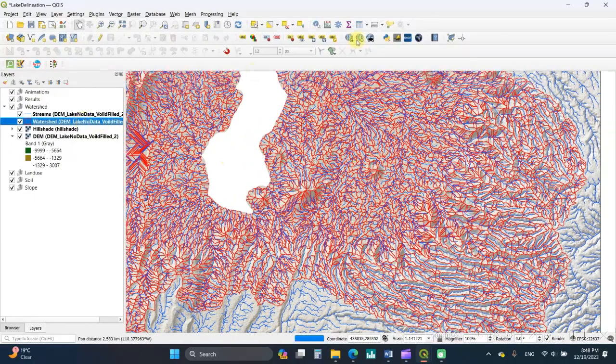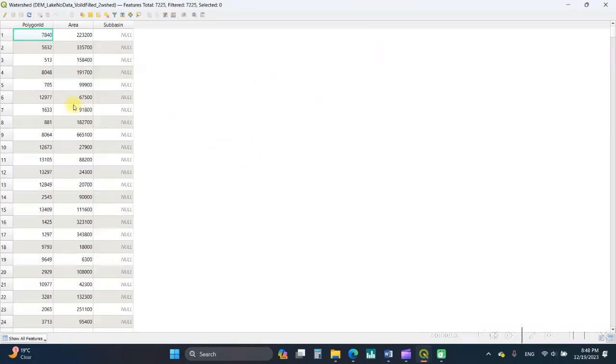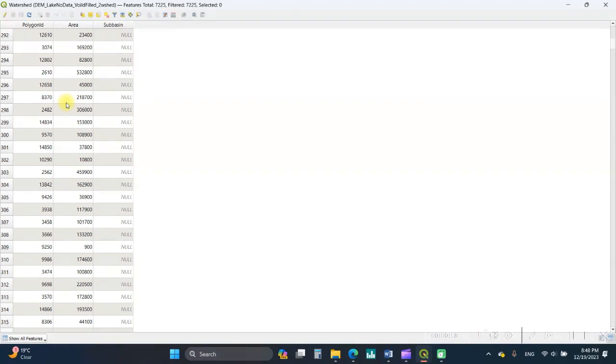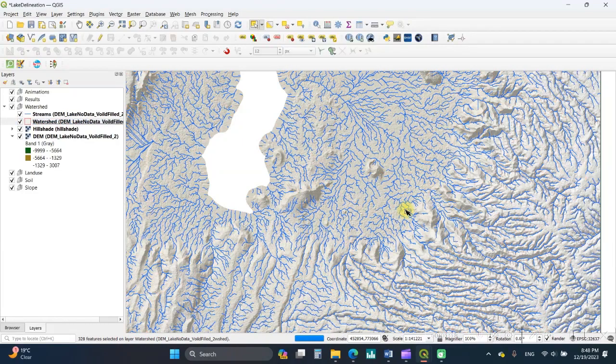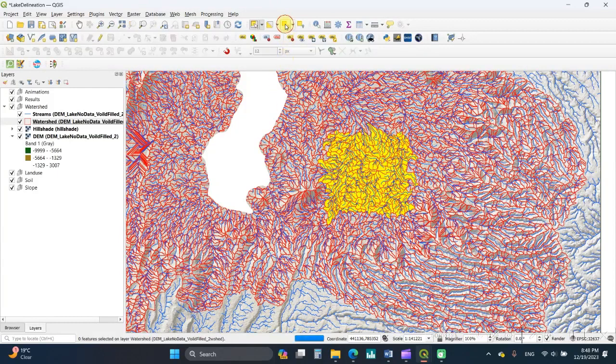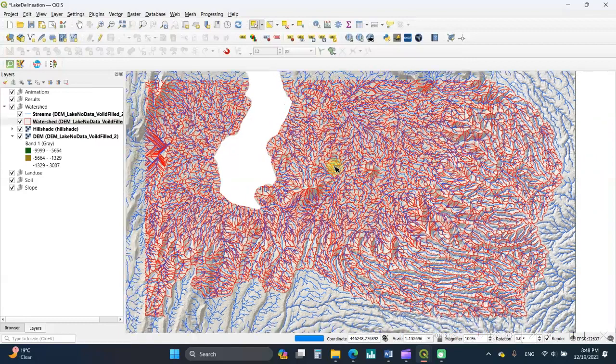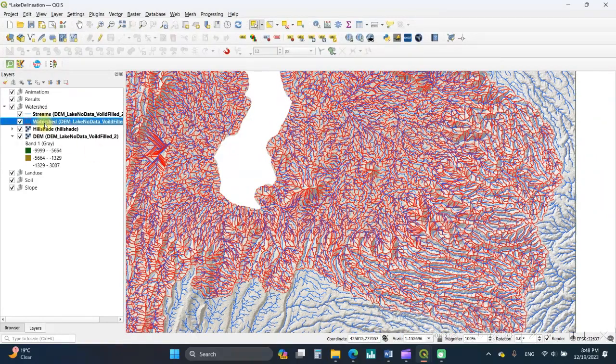So as you might see from the shape file, there are a lot of sub watersheds. There are around 7,225 small polygons. So there are a lot. I don't need all this, so I need to merge them into one shape file. So what I have to do is